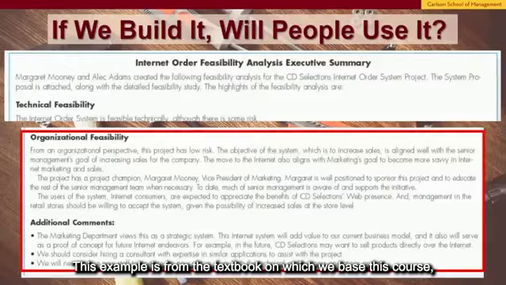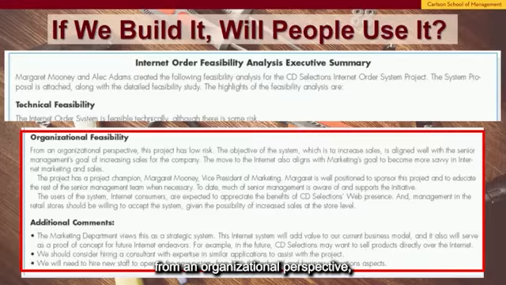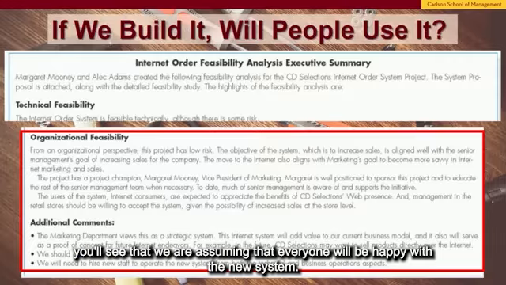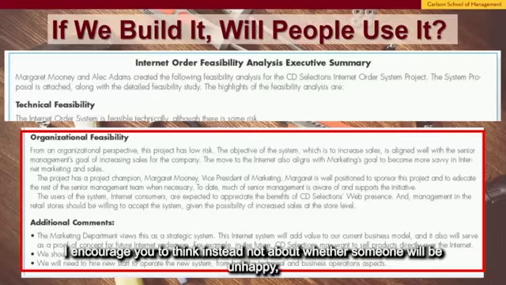This example is from the textbook on which we base this course, and you can see in the box that's highlighted in red here, from an organizational perspective, the project is low risk. If you continue to read through this paragraph, you'll see that we are assuming that everyone will be happy with the new system. This is almost never going to be the case,